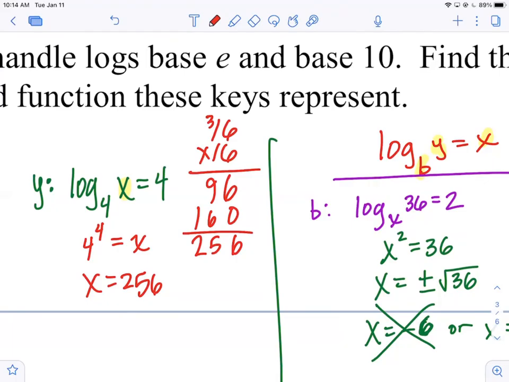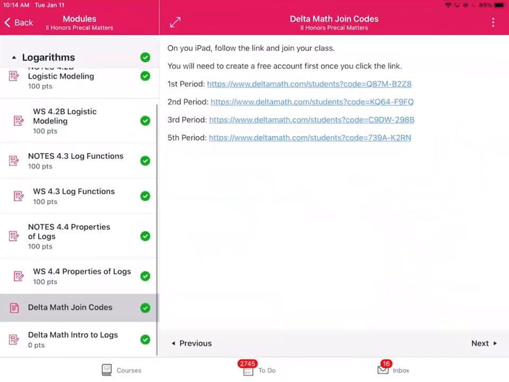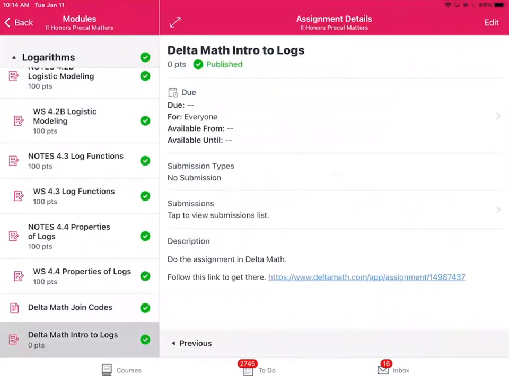Okay. So here's what I want you to do. I want to give you about 10 minutes to do 20 problems. It shouldn't take you that long. If you go now to your Canvas course and go to the Delta Math Intro to Logs, that's your assignment. And now you should be able to click on that link and it'll give you,